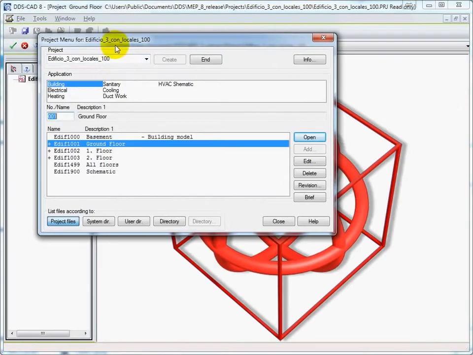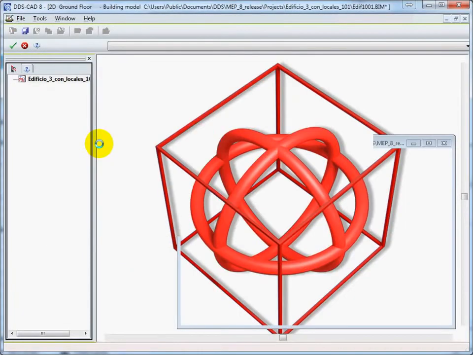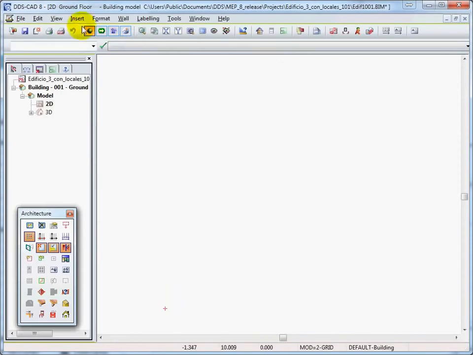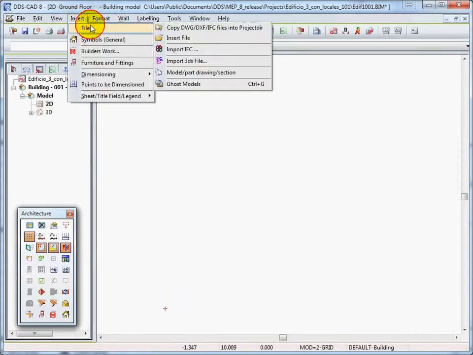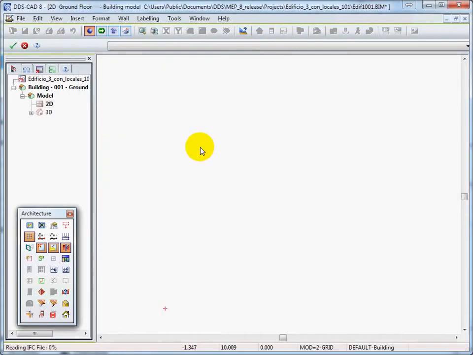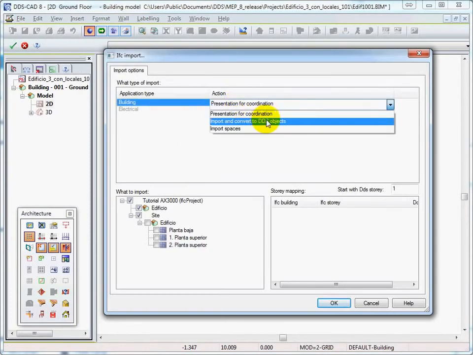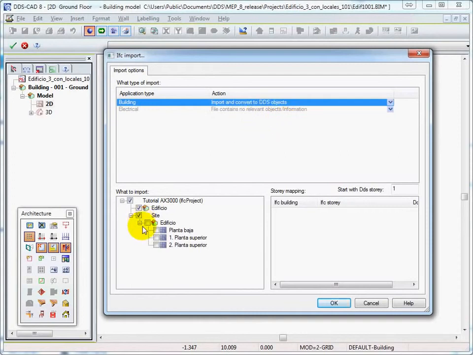the Allplan IFC file. Once we create a project inside DDS, we can open up the first floor, in which we would like to use the first story from the IFC file. The IFC file is copied into the project directory by clicking on the file. In the import dialog we can choose the different representations or converting options to DDS objects, and in this case we choose to import and convert all of the stories